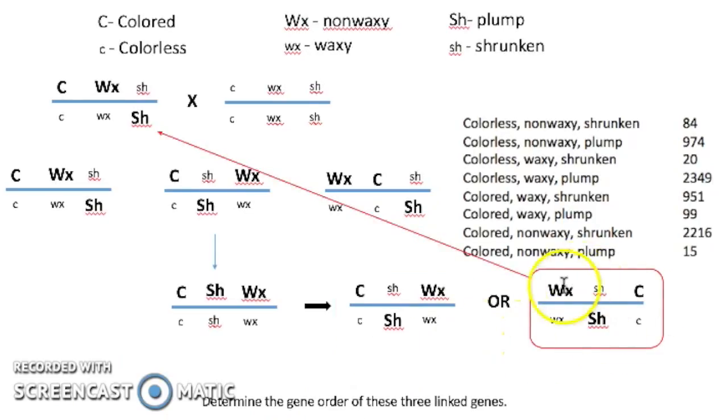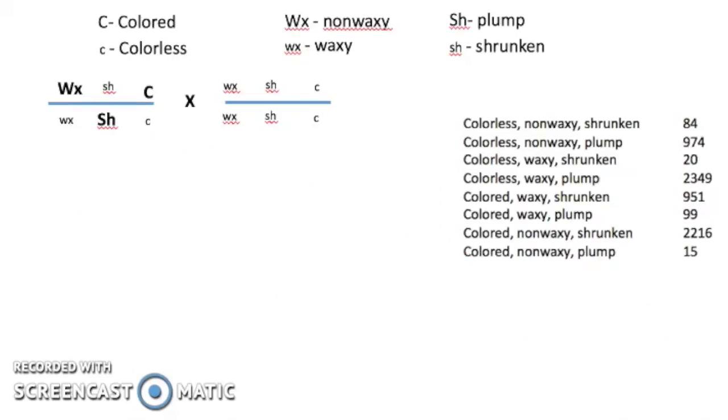So I'm going to take this layout, the gene order, and replace it up here with our original parent, so we have, again, a more accurate layout. Also switch the other one as well, even though we don't really pay attention to it. Okay, so once we've figured out the allele arrangement and the gene order for the heterozygous parent, we can start